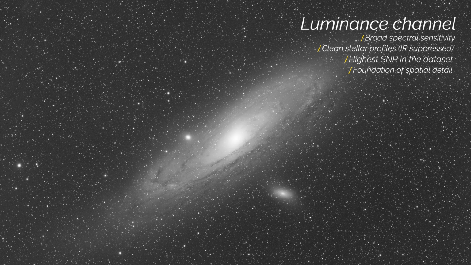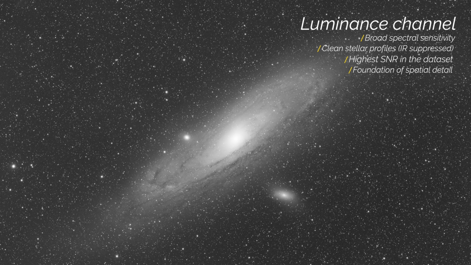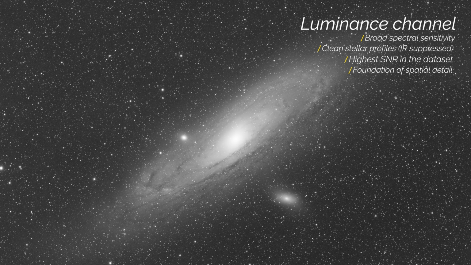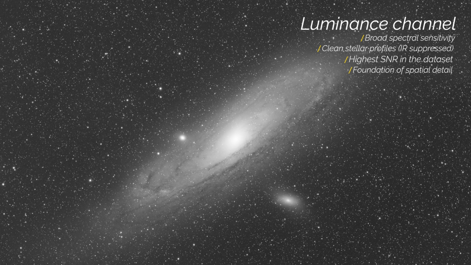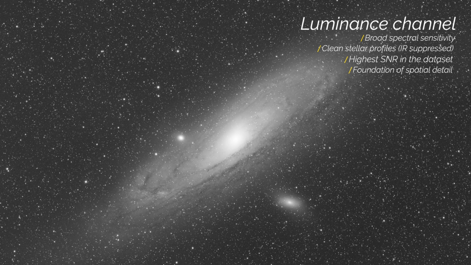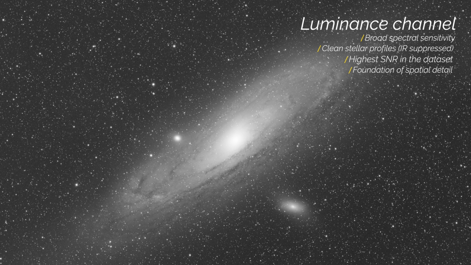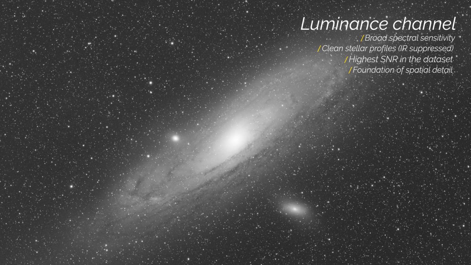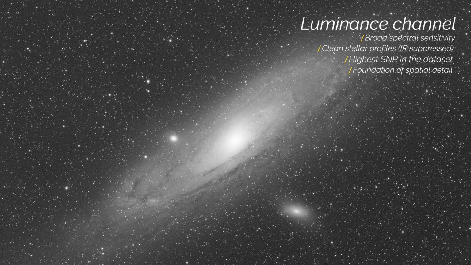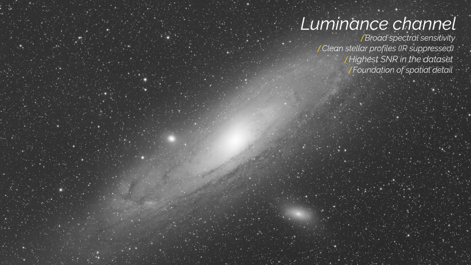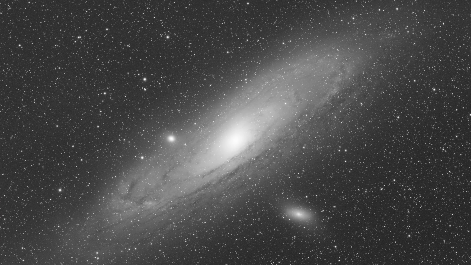So basically the camera is capable of collecting more photons per unit time through the L filter, and as a result it provides the structure of the object. It's not colored, but the dust lanes, the filaments, and the galactic core are much better resolved. The contrast and the intensity of the image are generally better, and then subsequently it's combined with other channels and